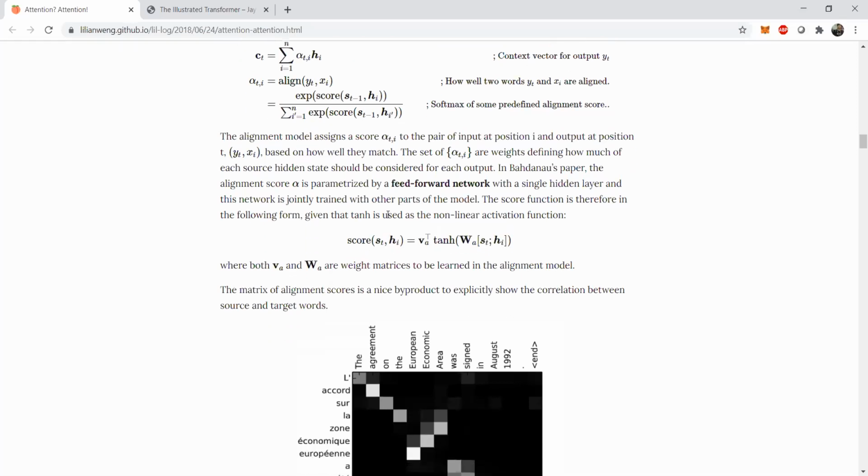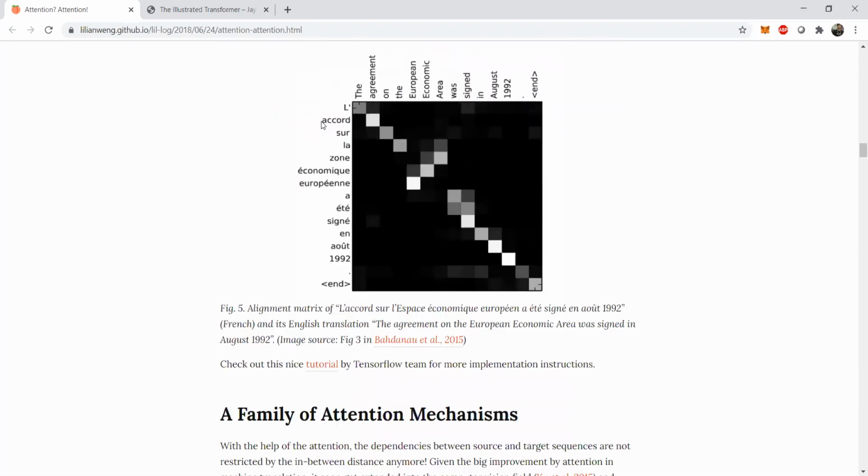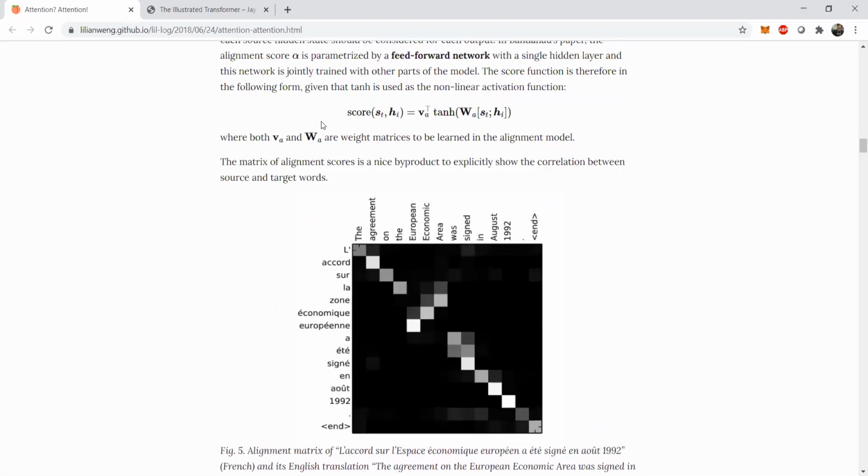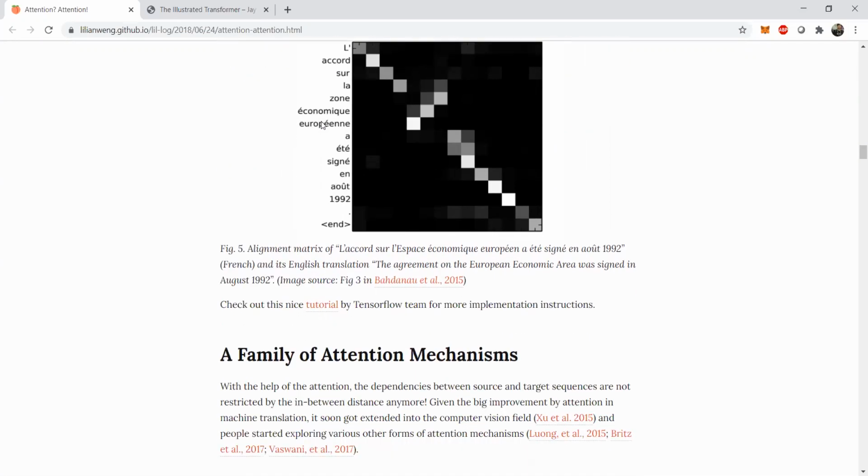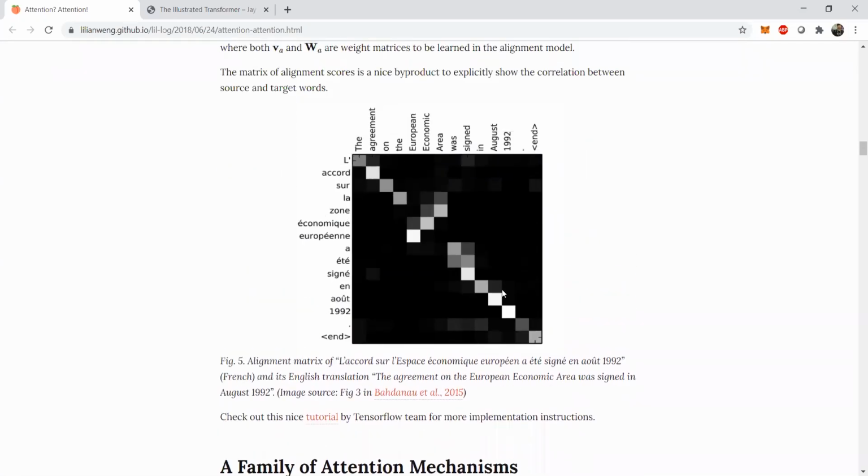After the score gets computed, we pass it through a softmax activation so as to scale the outputs and get the context vector, so that this context vector can be passed as input to the decoder model. And this is the first class of attention mechanism that we saw, that is the Bahdanau attention. That is one of the most classic forms of attention. And the other thing is that this particular graph, a heat map, shows a translation of, I think, a French to English corpus.